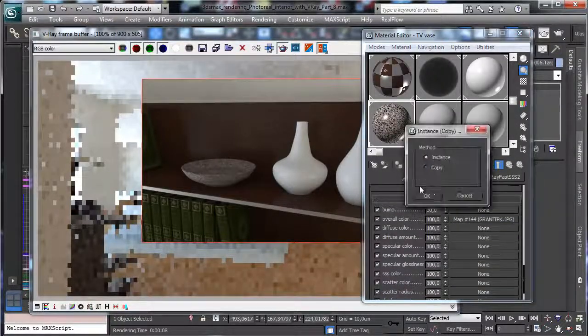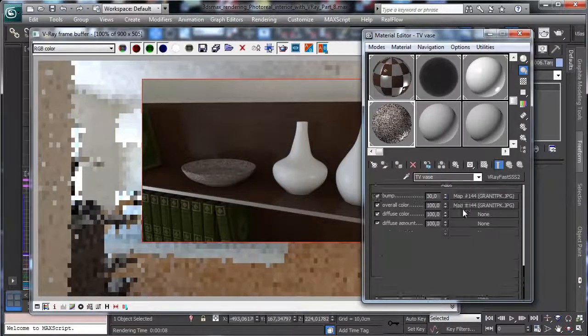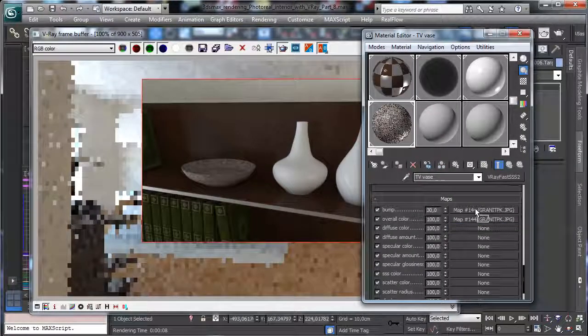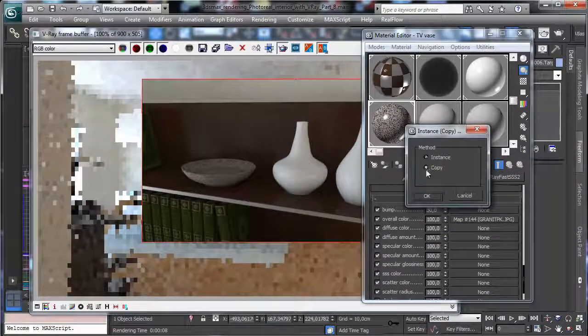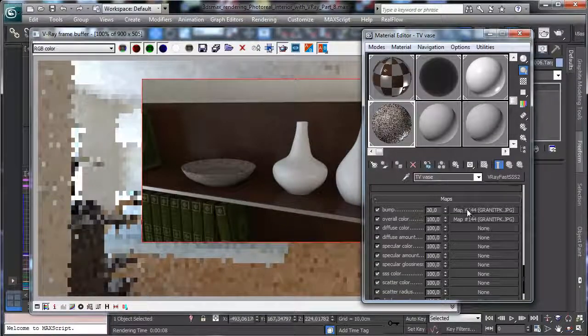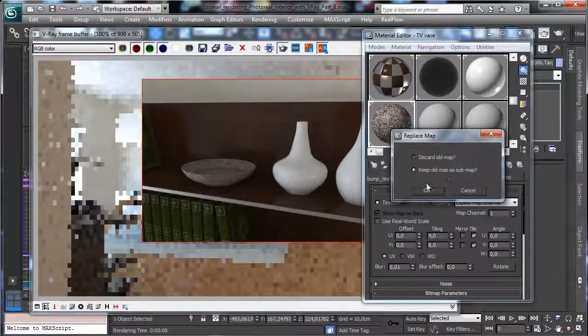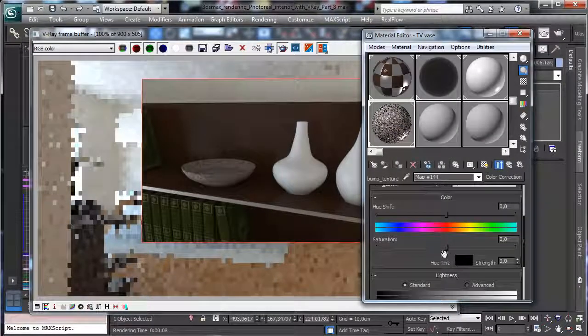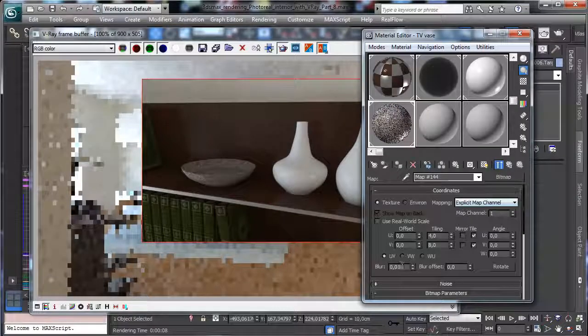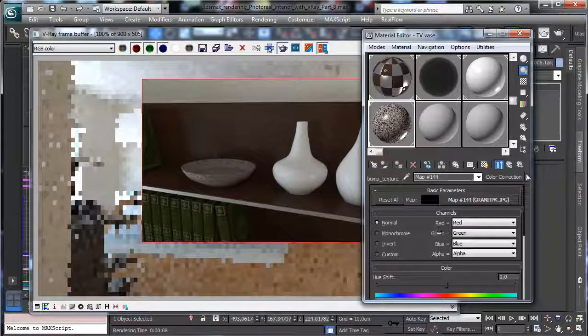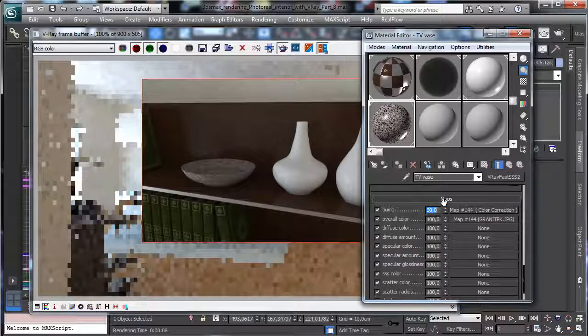We'll have a little bit of bump, but that's wrong, so let's make a copy. And let's go there, and we can use a color correction, keep all map, saturation, so we have a black and white map, and there we say 0.3. Then it is too much, let's go for 5,